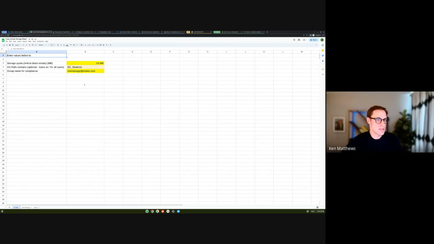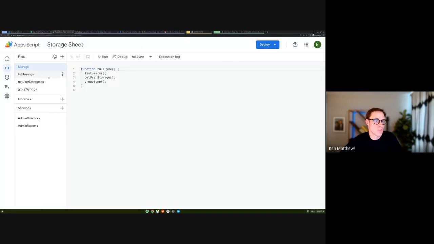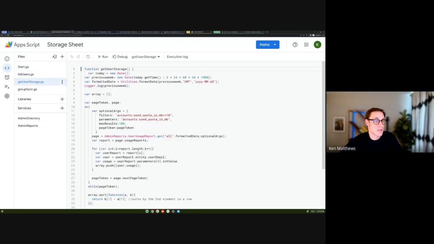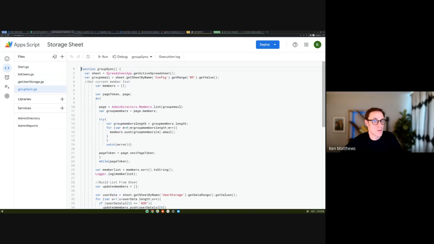But this is a Sheets-based Apps Script that's essentially saying I want to look at users over a specific quota in this particular OU, and I'm going to add them into this group. Just to give you a sense of what that looks like, there are three scripts running. One is listing the users. One is getting the users based on that list, based on a quota amount that I set. I want to up this from 10 megs to, say, 10,000 megs. And then I'm going to sync those users into a group that I'm going to use in terms of